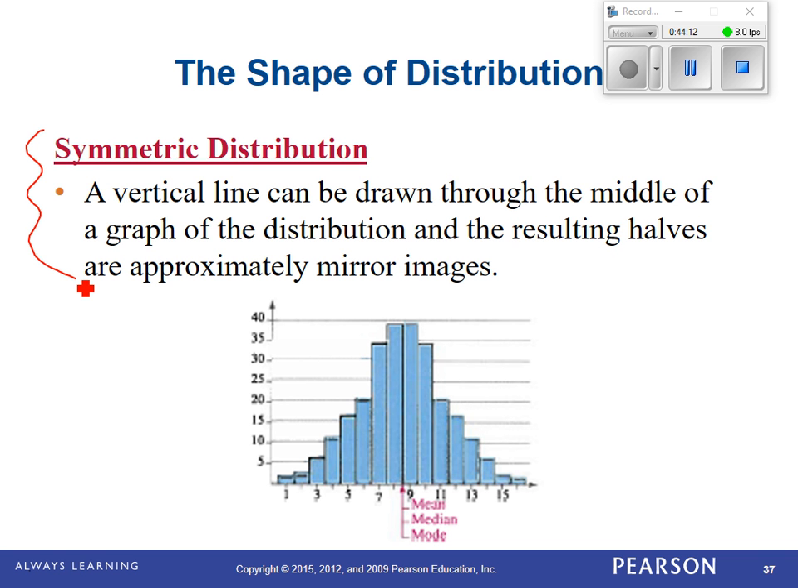The first one's a symmetric distribution. The graph is symmetric. These are very, very important. We're going to deal with them all year long. What's symmetric mean? It's the same on both sides. Now, in the real world,